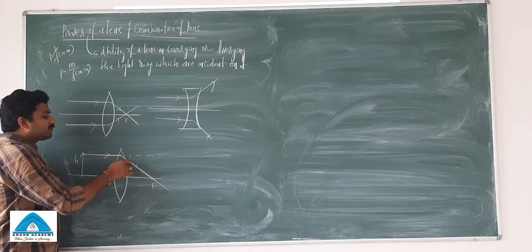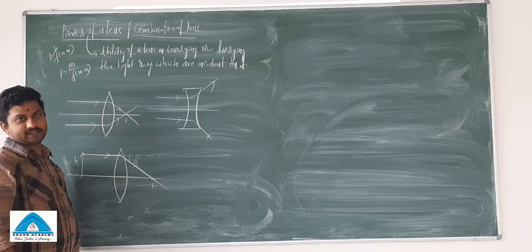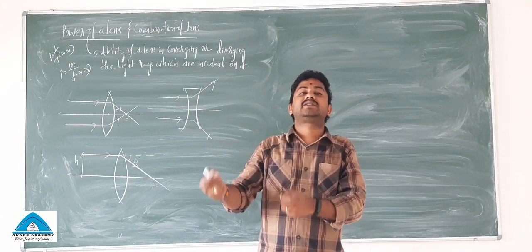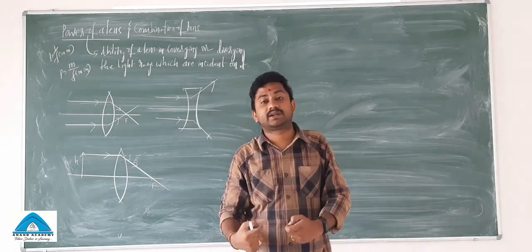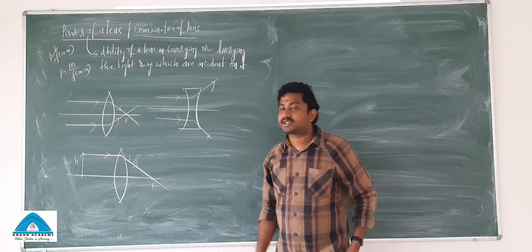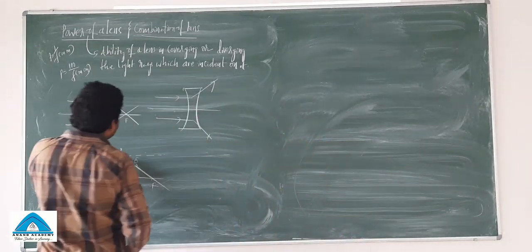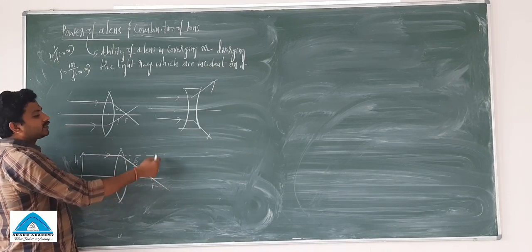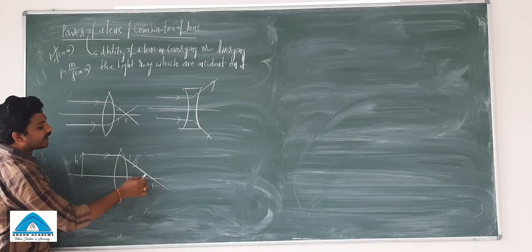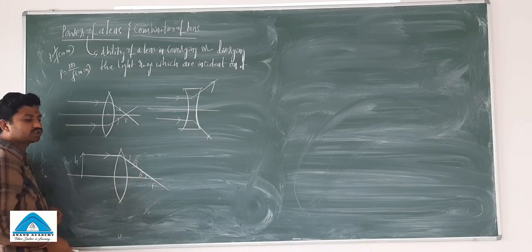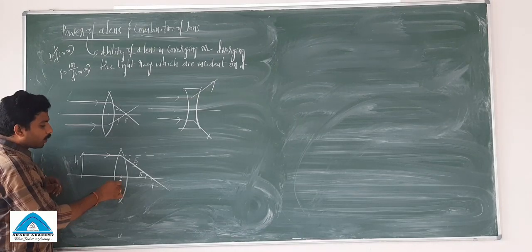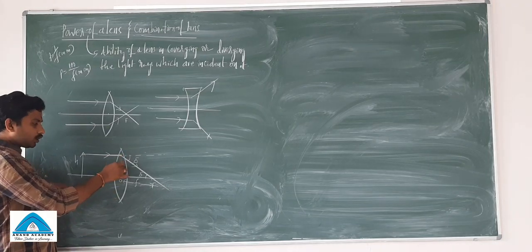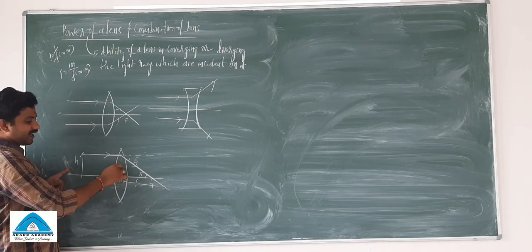There is an angle between them called the angle of deviation. The angle between the actual path of the light ray and the final refracted light ray is called the angle of deviation. If this is the angle of deviation, because the principal axis line and the actual path are parallel to each other, this is an angle delta, and definitely this angle also will be delta. This is the optic center, this is the focal length f, and this is the height of the object.